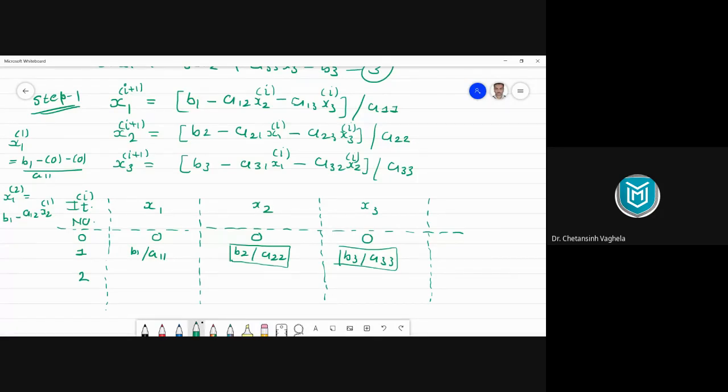For the third iteration, we will use the value of the second iteration. For the fourth, we will use the value of the third iteration. So your new values are calculated with the help of old values. This thing will repeat again and again in every iteration, right? With the help of these old values of x2 and x3, we will get the new value of x1 here, right? New x1. Then with the help of old x1 and x3, we'll get the value of new x2 here. Then with the help of old x1 and x2, we'll get the value of new x3 here, right?